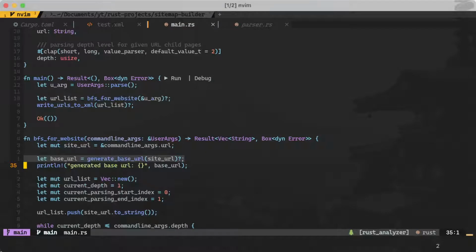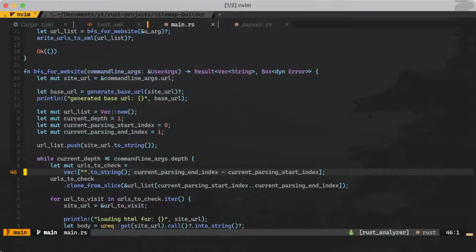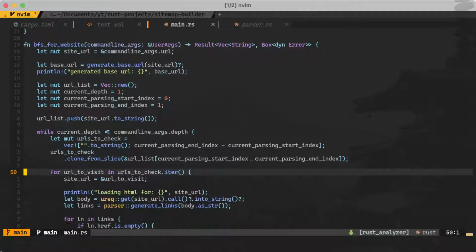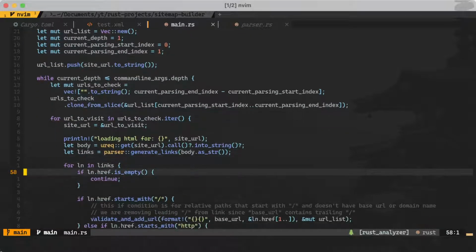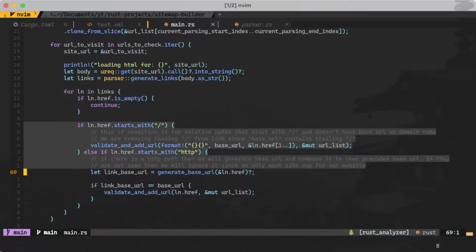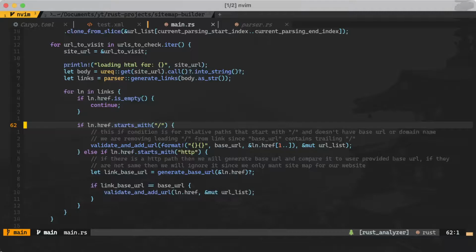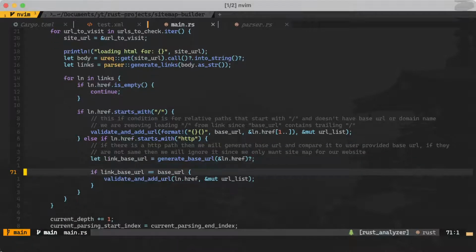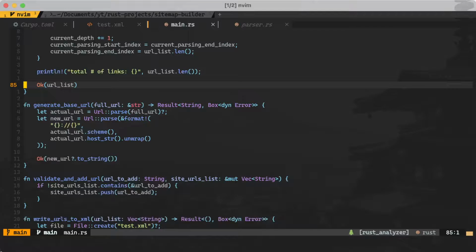What we are interested in is, let's see, this is right here. We are interested in finding only the URLs that are relative, so they start with a forward slash. That means this is a relative URL from the current page, or wherever we are on that website. Or if it starts with HTTP, so it's an absolute URL,